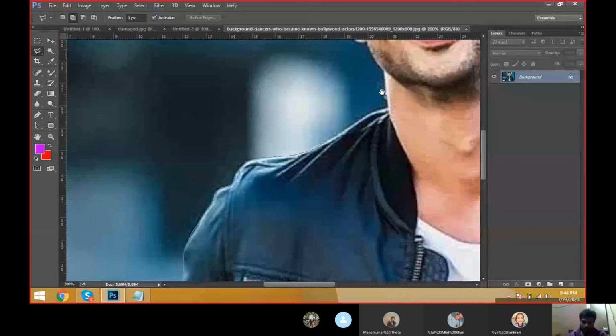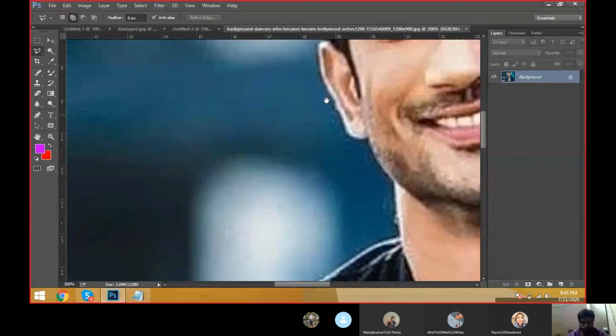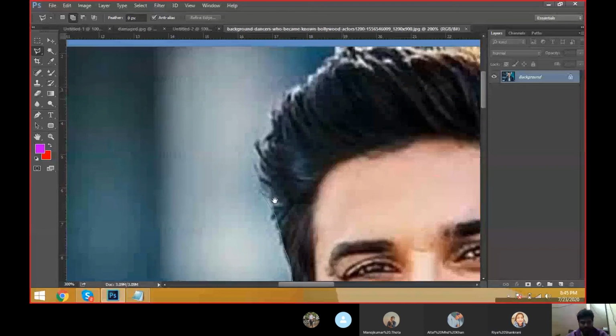You have to zoom the image and you have to cut the image very perfectly. Take a zoom level more. Already I told this tool, it's a polygon lasso tool, friends. We can take this tool and we go with a hair cutting process.